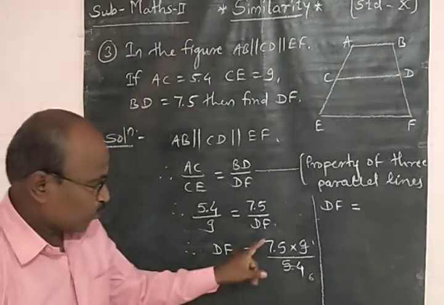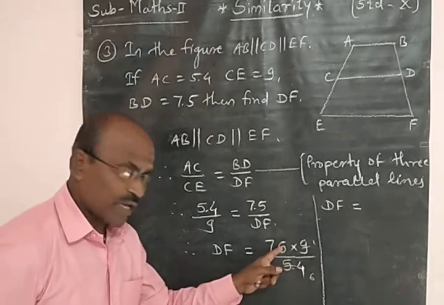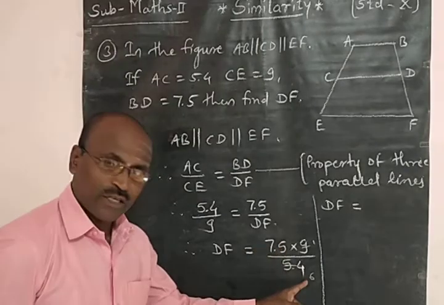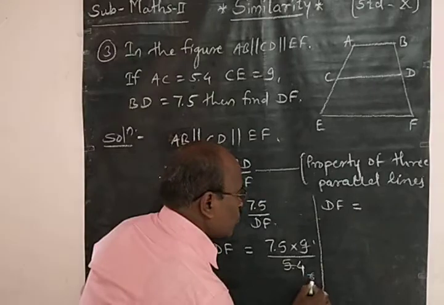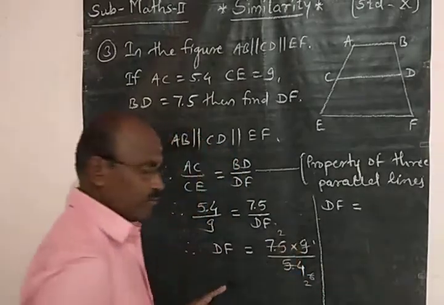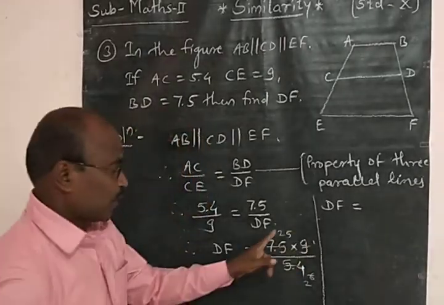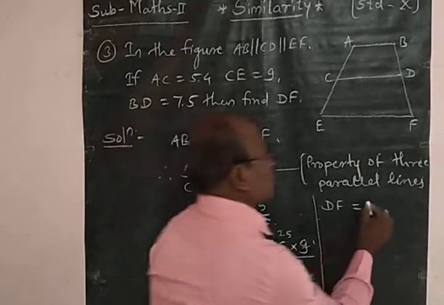पुन्हा आता बघा या दोघांना कशाने भाग जातो का? भाग जातो, 3 ने भाग जातो. बघा हे 7 आणि 5 12, बेरीज 12 होते म्हणजे 3 ने भाग जातो. याला पण 3 ने भाग जातो. मग 3 दोन्ही 6, मग इथं 3 दोन्ही 6, किती उरलं? 1 उरलं. 3 5 15. आता 25 आणि हे छेद 2 आहे. मग 25/2 इथं लिहिलं.